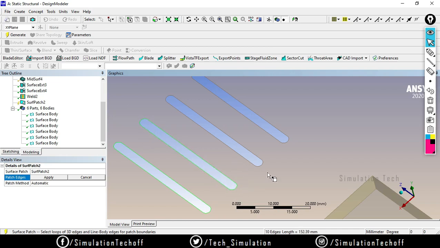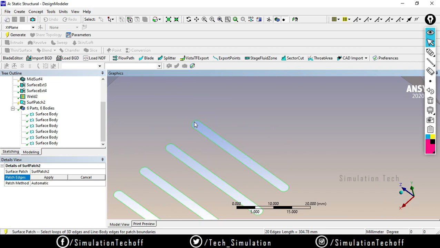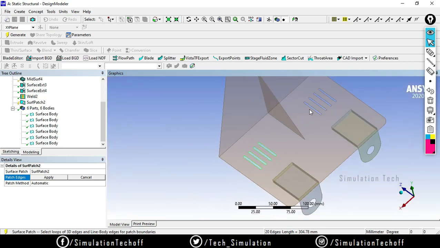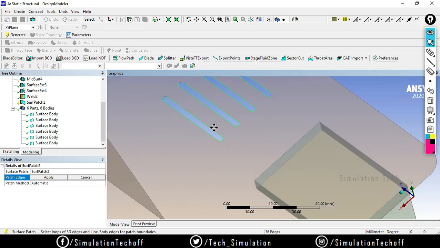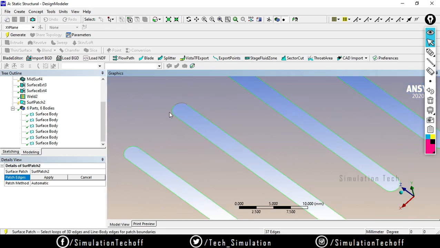It will automatically select the edges. So all you need to do here is constantly press the control button, until it selects all the edges. Okay, now all the edges will be selected. Just make sure whether it is selected or not.